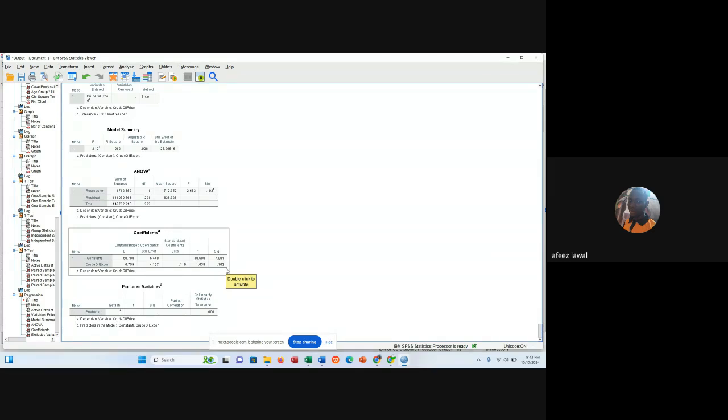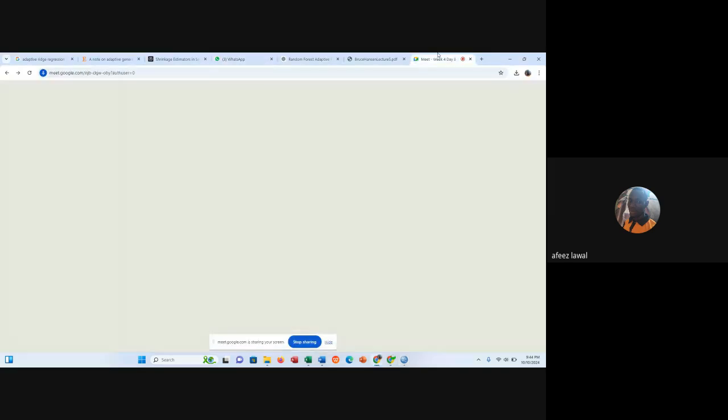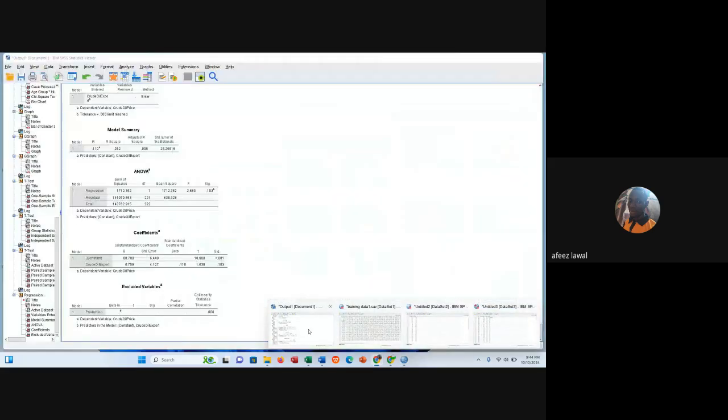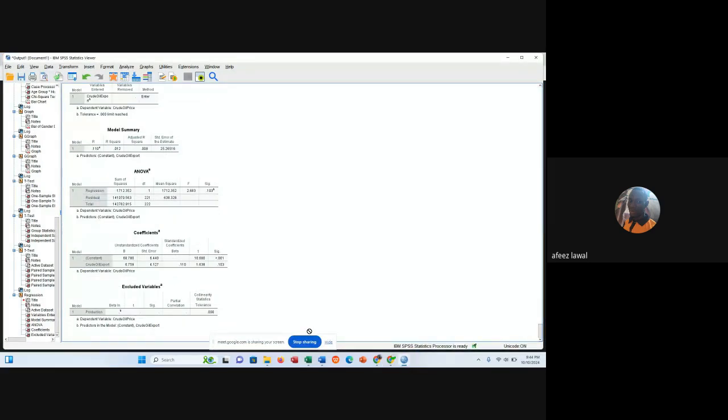Now I will be reporting that, at a unit increase in crude oil export, we significantly increase the crude oil price by, so you look at the coefficient level here. This one is 6.75, so I'll be saying that it will increase by 675%. You also have to determine whether this value is positive or negative. If it is positive, that means it is going to have that percentage increase in the dependent variable. But if it has a negative value,